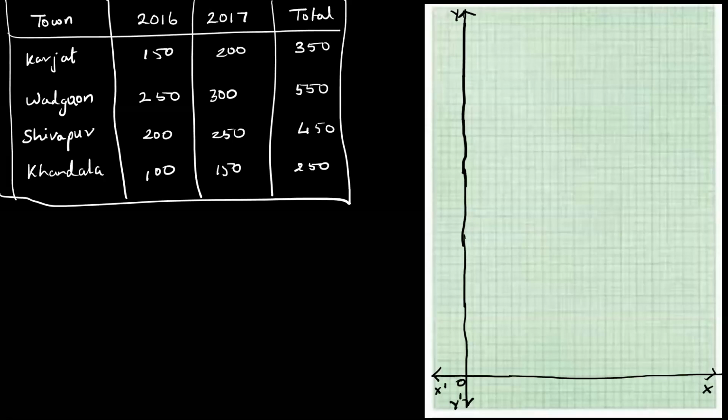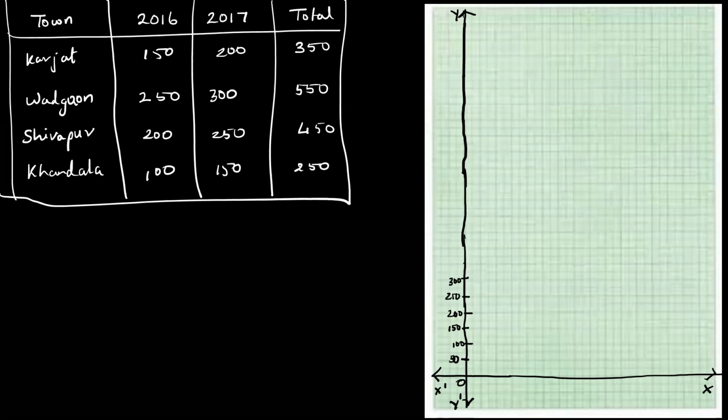Okay, again, since there are only 4 parts, again, I'm going to be leaving single box and making 2 boxes thick bar diagram. Now, talking about the scale here, I can clearly see this is 350, this is 550, 450, 250. So I can divide them into 50 sections, like section by 50. So here the scale I'll go for is 50. Then next box is 100. Then it is 150, 200, 250,